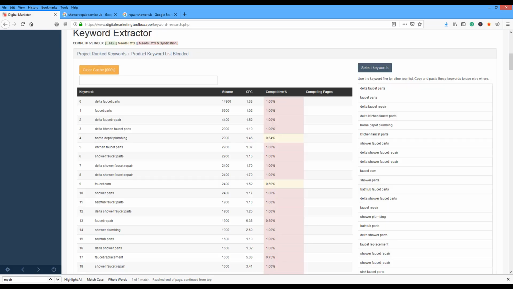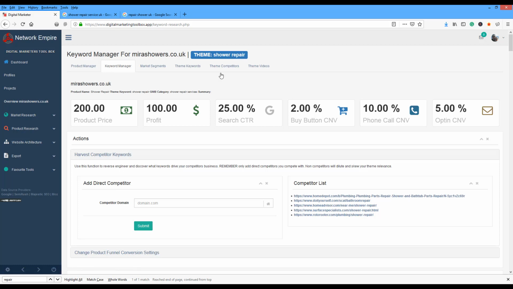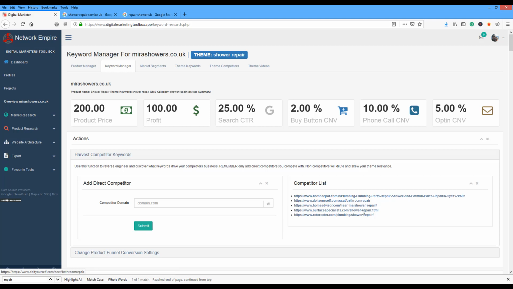With 331 keywords that came back for shower repairs. So for shower repair, we've got the top 5 depots, and we've got the keywords from these pages. We know what they're ranking for. It's in our stack. So what's great about this now is